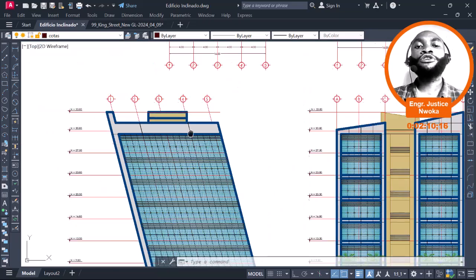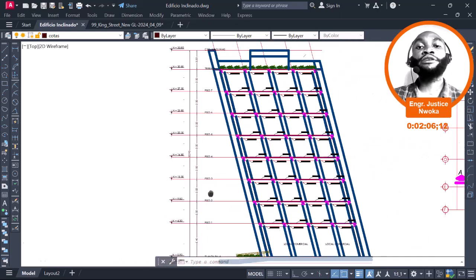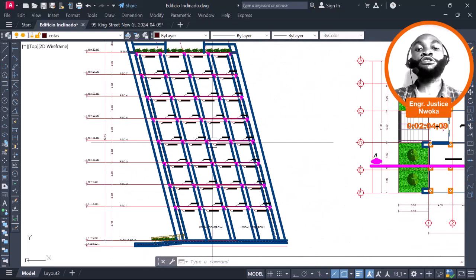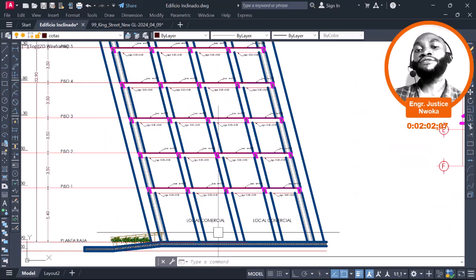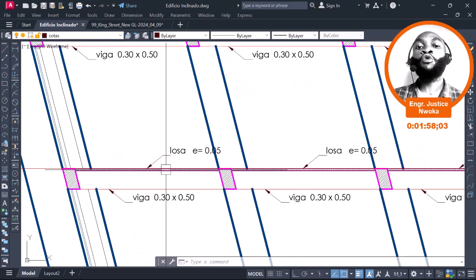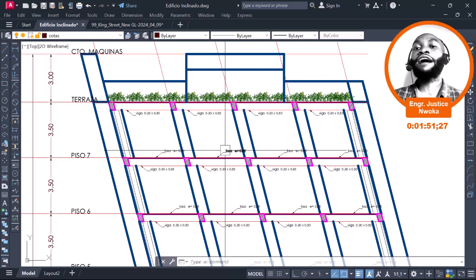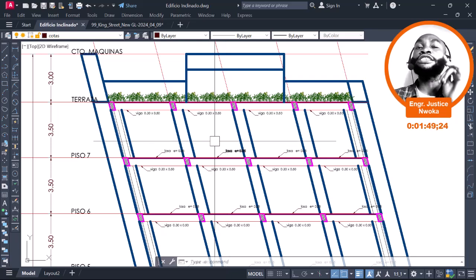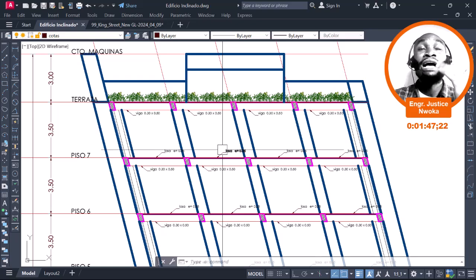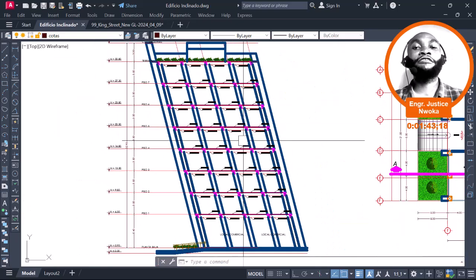Okay, and let's now walk you to the section of this structure. You can see that from the section, all the columns and the structure are leaning at an angle of 75 degrees, but you can see that the slabs, the floors, are all quite straight. Okay, they are not leaning. So the people using this structure will not have the feeling that this structure is leaning. It is only you that is outside that will see that this structure is leaning. Okay, that is the powerful